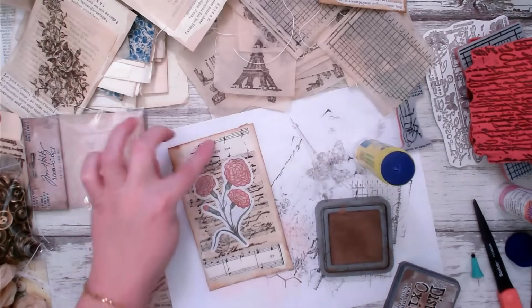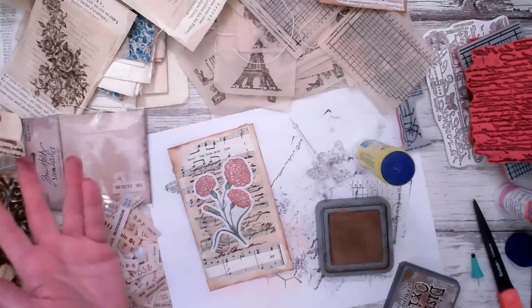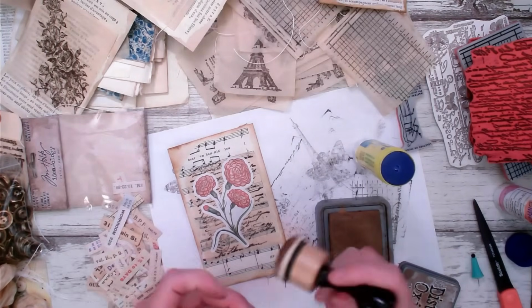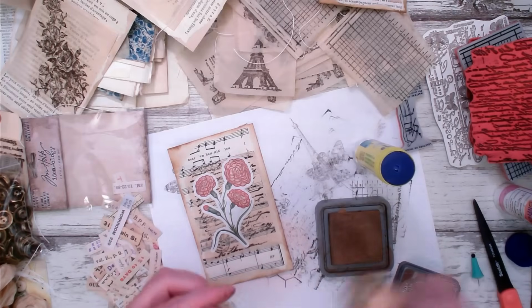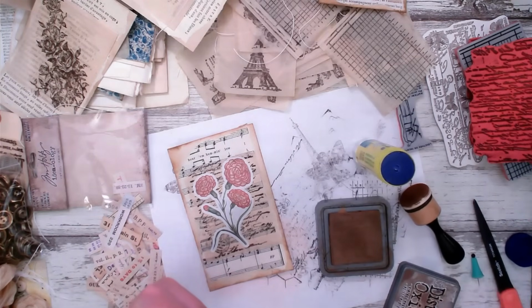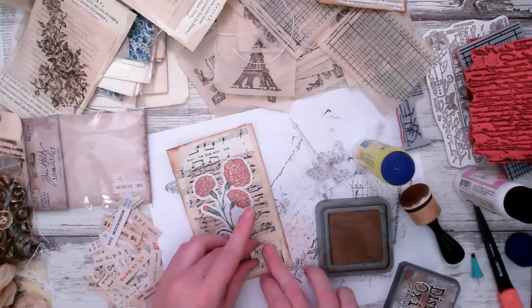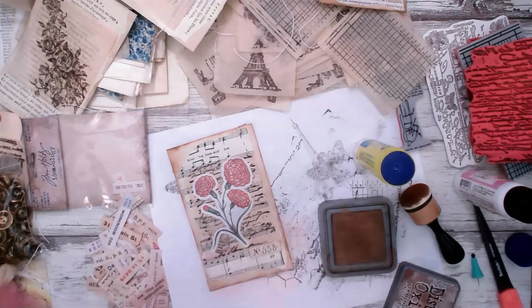Okay, so I also could go in with a hole reinforcer right here and turn these into tags if I wanted to. Let's get a little label. Here's a cute little number label. That'll work. So this is like fast ephemera. Mass make, fast make, whatever. You probably can make 10 of these in, I would say, 40 minutes or 30 minutes,